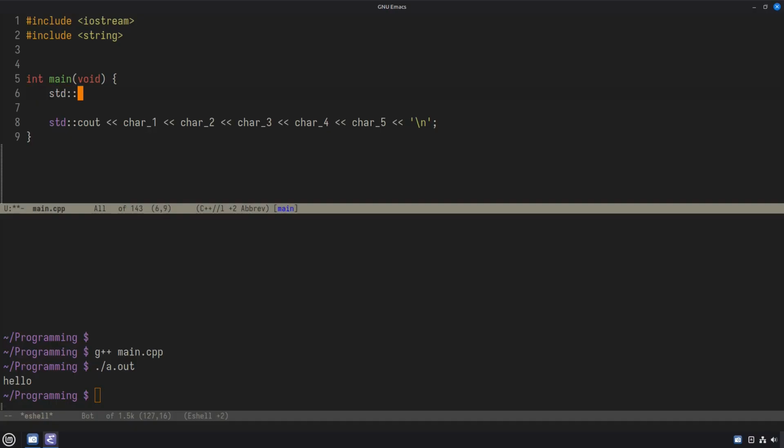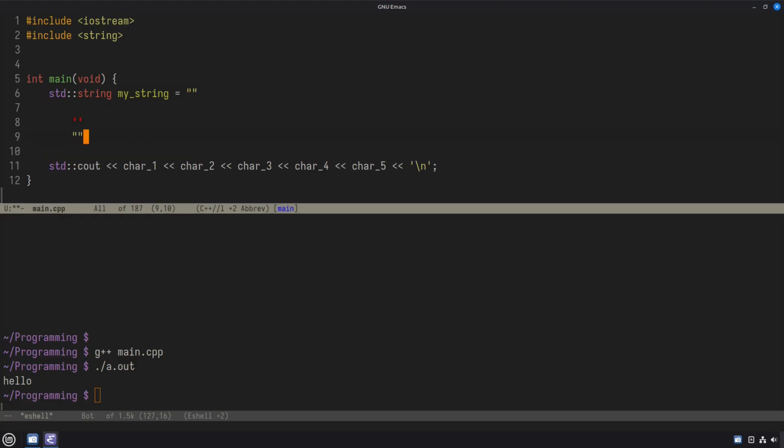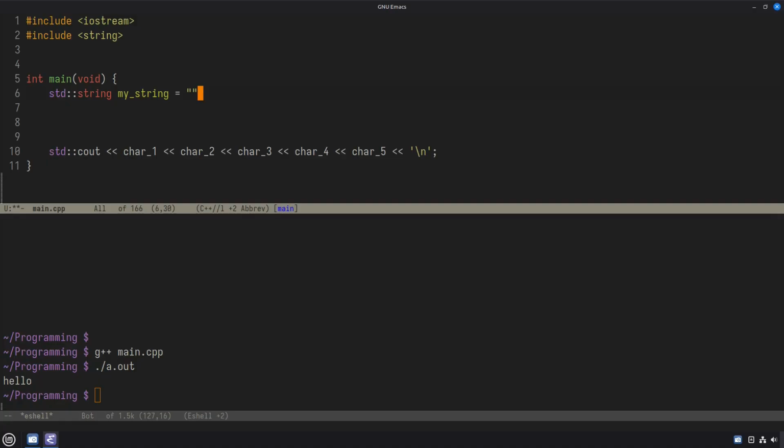So this will be std::string. You don't have to worry about what this std means. Just know that it's basically just this. But this is necessary. This string, we're going to give it the name my string and make it, we're going to have to use double quotes here, by the way. Instead of a character where you use single quotes, in strings you use double quotes. This denotes the difference between, is this just a character or is this a string? So we want a string, so we will be using double quotes, and we will type hello,